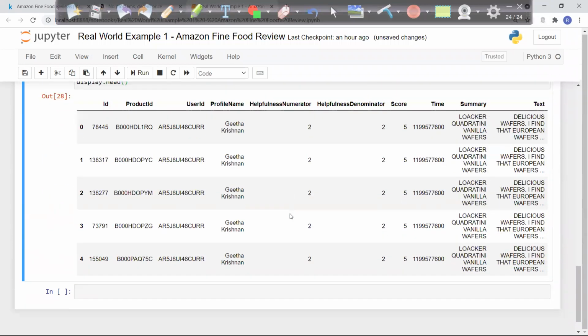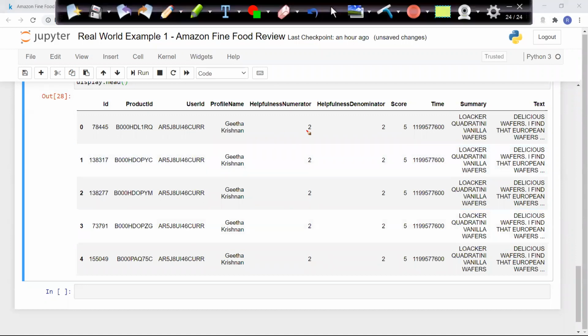Yeah, the query ran fine, and now here is a very interesting output you will see. Here you can see there is a user called Geetha Krishnan. She gave reviews of various products.